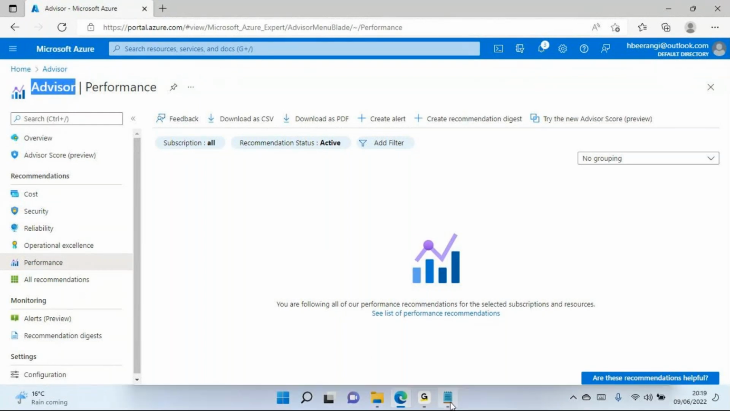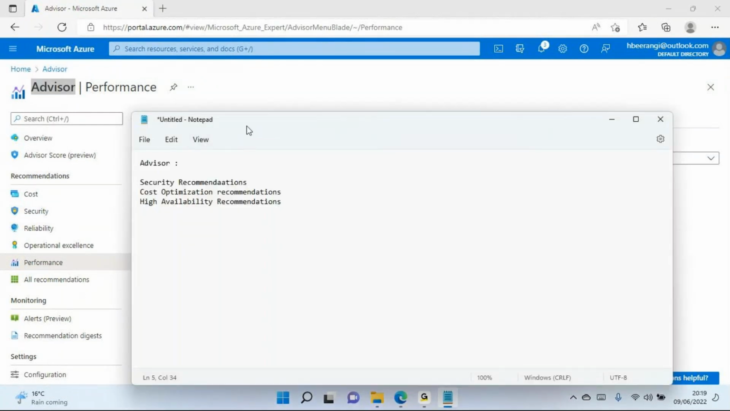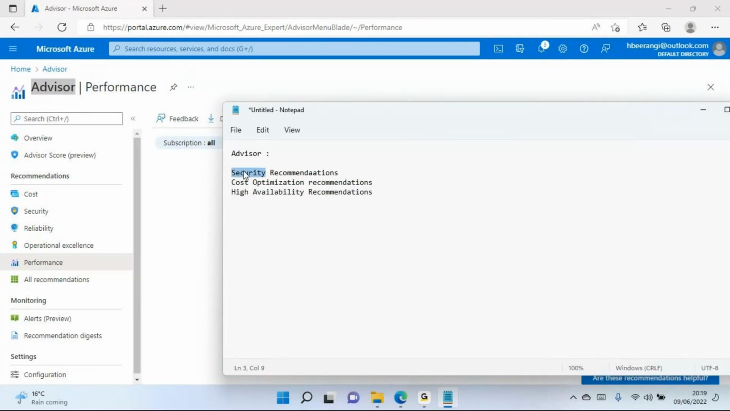So there are a total of 5 recommendation categories you can get using this Advisor: security recommendations, cost optimization, high availability or reliability, then operational excellence, and then performance. Okay, so you might get questions in interviews like what kind of recommendations Advisor can provide. So let's say